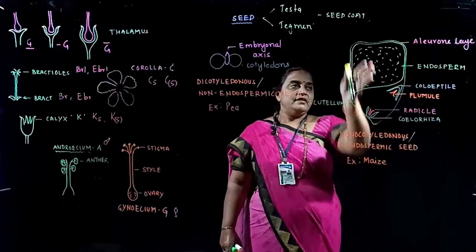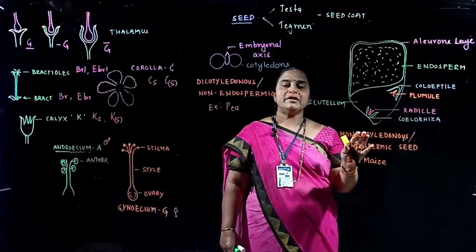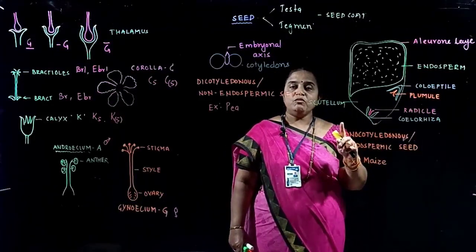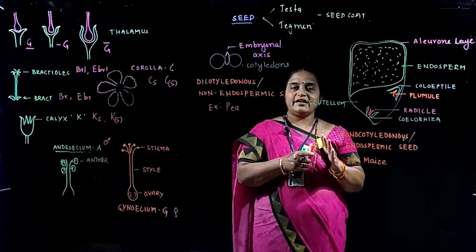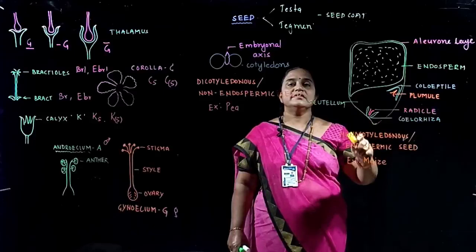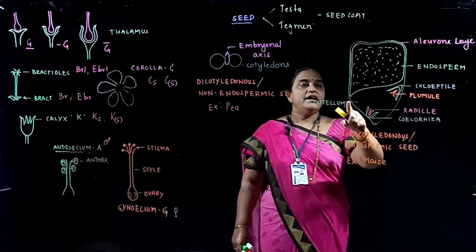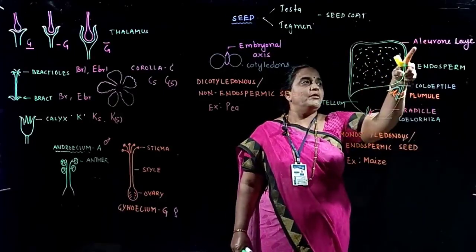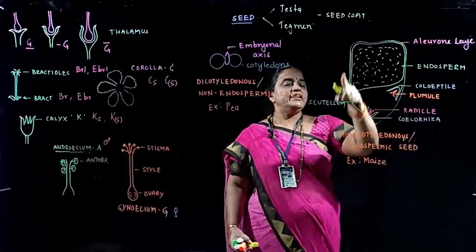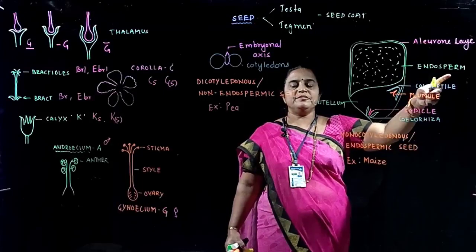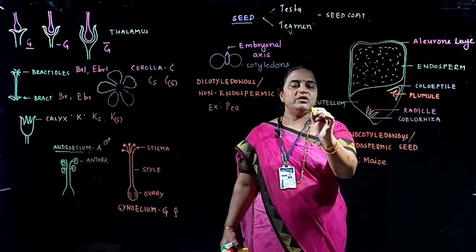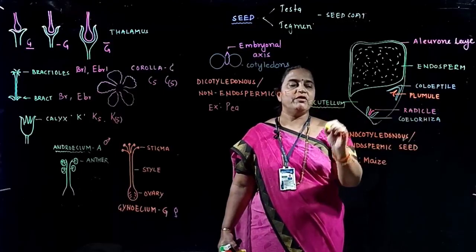When you look at the maize in sectional view, it actually represents the fruit. The fruit wall and the seed coat are intact. We cannot separate them. So this is the structure of a seed having the outer covering made up of protein, known as the aleurone layer. A big portion of the seed is stored food, the endosperm, rich in starch, and there is a single cotyledon known as the scutellum. This is important for 1 mark.